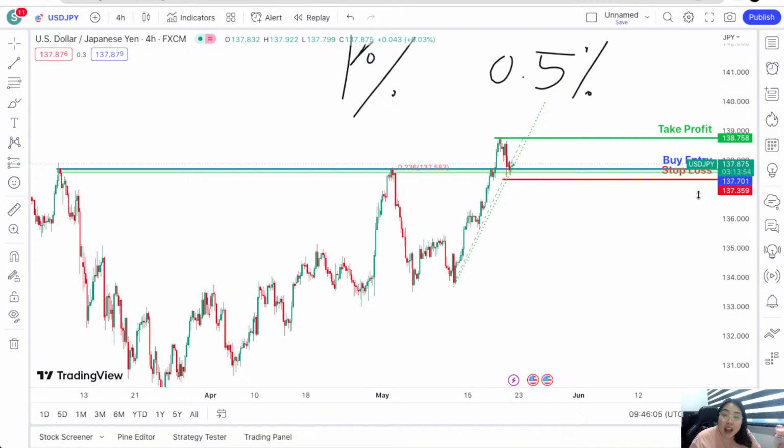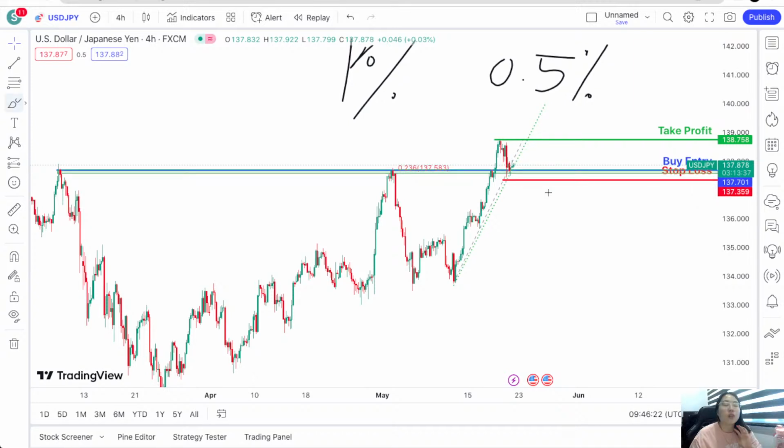So there's a bit of confluence happening in this area. It makes me want to buy. On top of that, I pulled out things like Ichimoku and the DMI, and everything is showing as a buy. One thing that I don't like about this USD JPY is that